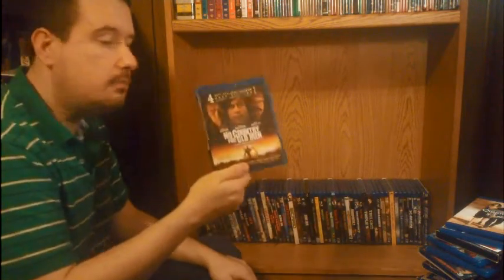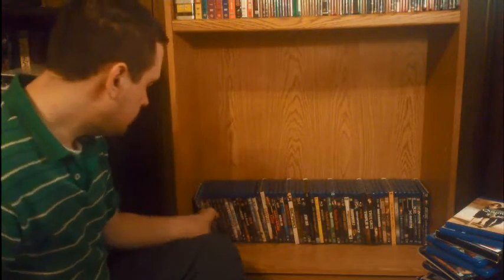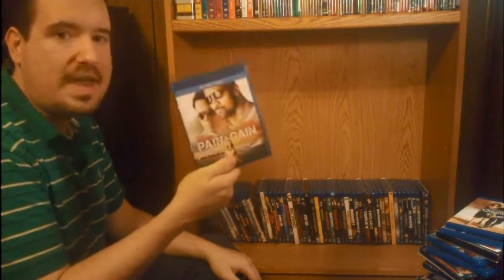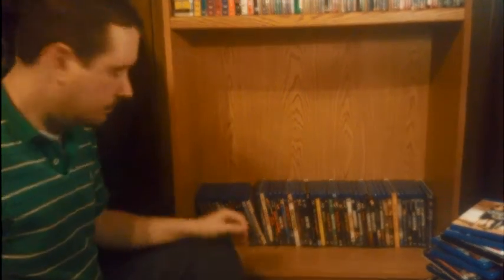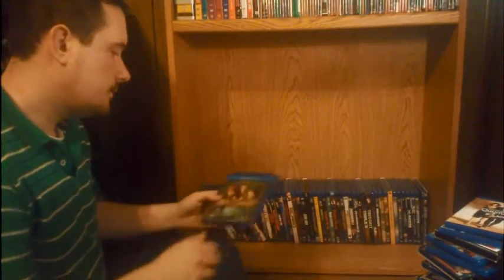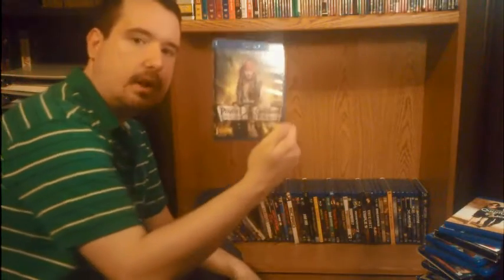No Country for Old Men, Non-Stop, Pain and Gain, one of the better Michael Bay movies we've had. Pirates of the Caribbean, Curse of the Black Pearl. Pirates of the Caribbean, Dead Man's Chest. Pirates of the Caribbean, At World's End. Pirates of the Caribbean, On Stranger Tides,